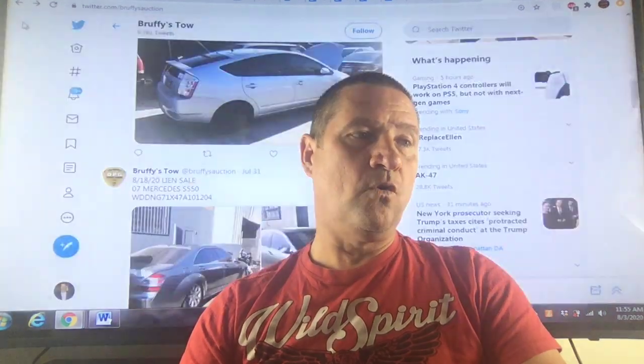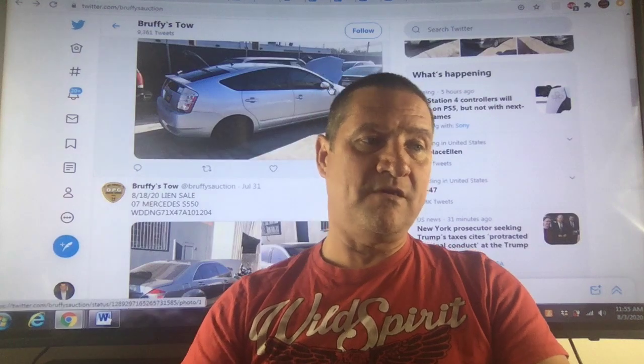Now, here is where we start doing the numbers. And by the way, we're going to do the numbers for both cars. We're going to do the numbers for the Prius, right? And I can see it has front damage. That's all I can see right now. So if it's not too bad, if that engine hasn't been pushed in and it's just a side swipe and maybe some repair work on the hood and the fender, the tire also seems to be flat. At first glance,